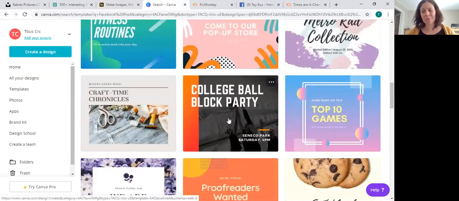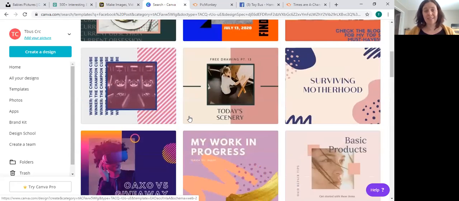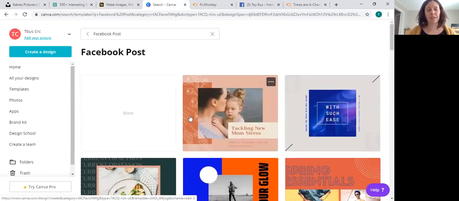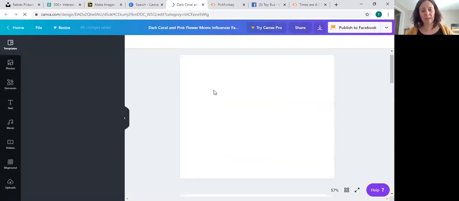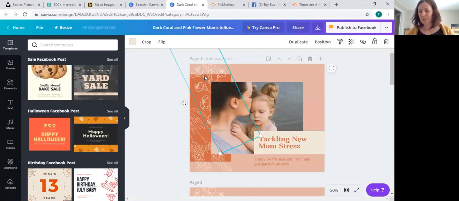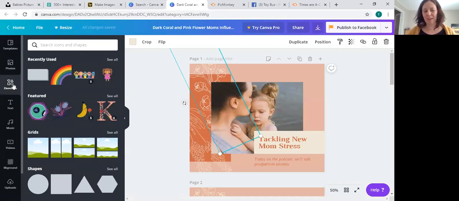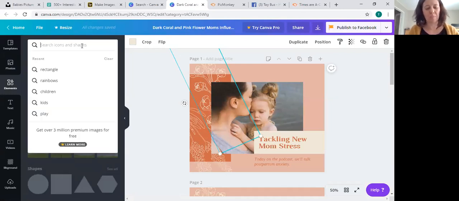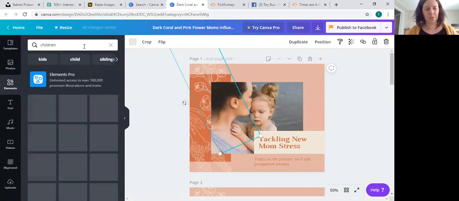And again, all of these elements you see, like the pictures that are on them, and even this little line here, all those things can be changed and modified. But Canva, if you're using it for free, is a lot like Adobe Spark. There are limitations. I'm just going to go in here to show you what I mean. If I want to change some of the elements on the side, when I go to my elements, I'm going to type in, look for children,